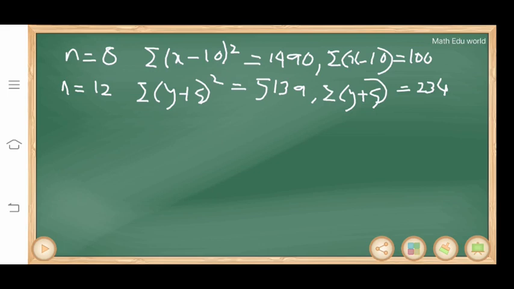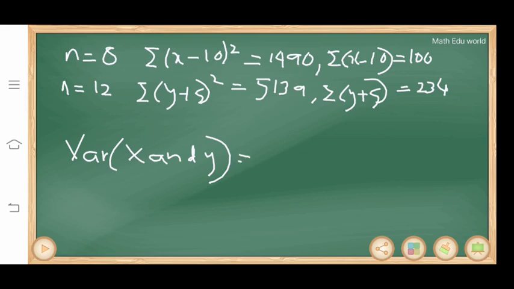So what we have to do is find the combined variance, that means the variance of x and y. To find the combined variance, we have to find all the terms of x and y separately. Why? Because the variance of x and y